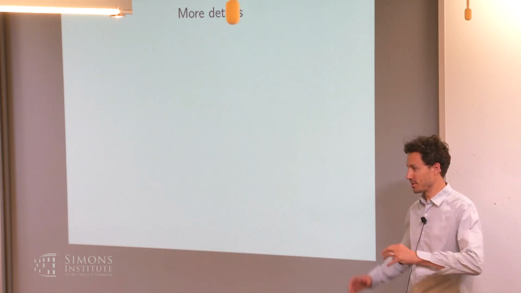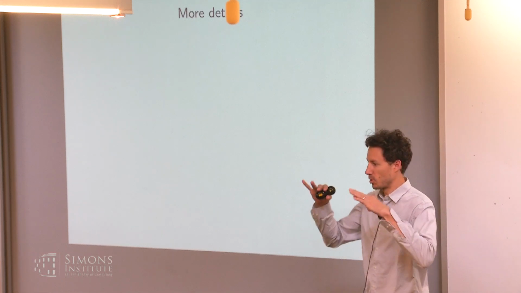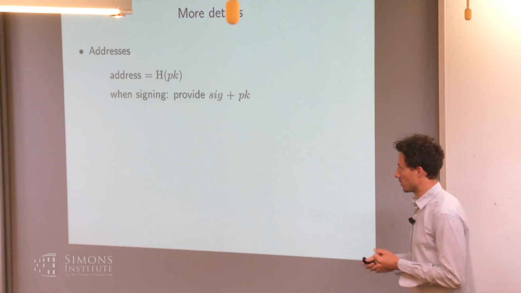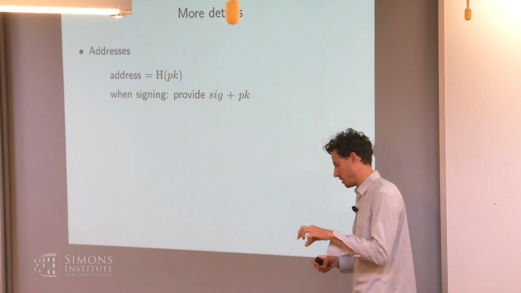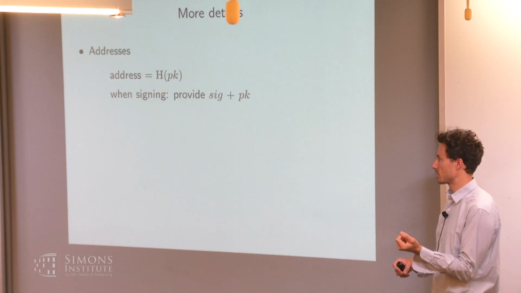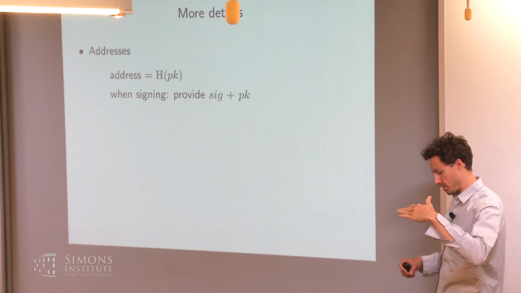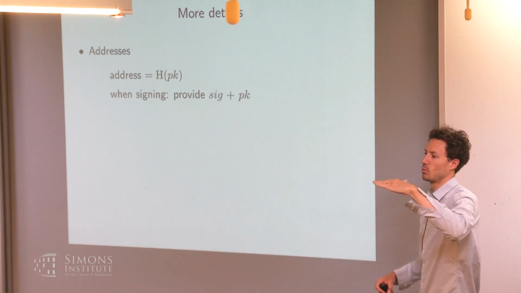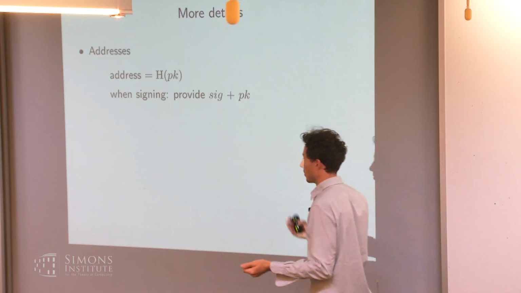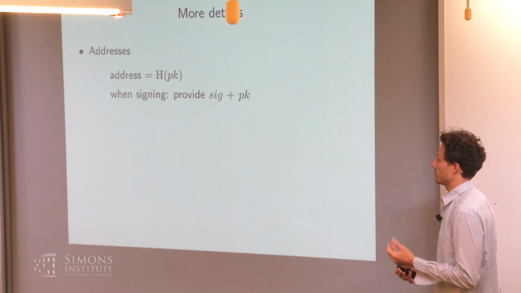Okay, so that was a very, let's say, bird's eye overview, where I sweep a lot of details under the rug. So let me mention some of them. In Bitcoin, it's not true that a public key corresponds to a coin, but there is actually a notion of accounts, which are the Bitcoin addresses. The blockchain says nowhere which address has how much money, but you can deduce it by summing up the transactions. So what's an address? It's actually the hash of a public key, the public verification key for signatures.